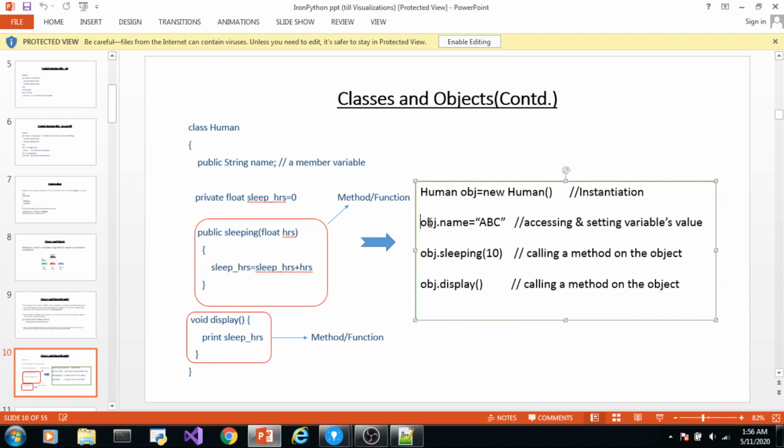operator, like here. Similarly, when you will be working with visualization, for example a pie chart, you will create an object. You will parse your visualization into an object. Suppose the name of that object is obj. Then you will write obj dot property of the pie chart class, because you are dealing with the pie chart class, just like we are dealing with the human class here. You will access the properties and methods of the pie chart class. If a method takes a parameter, you will pass a parameter.